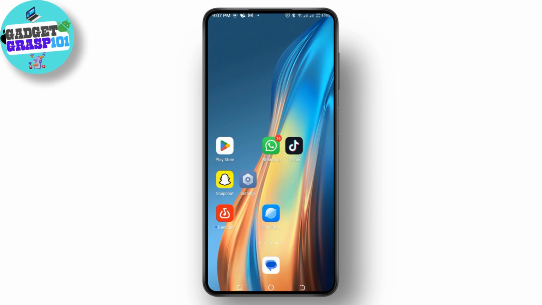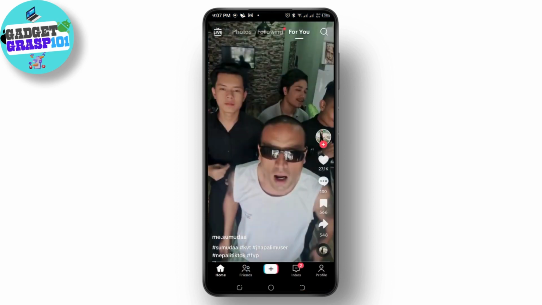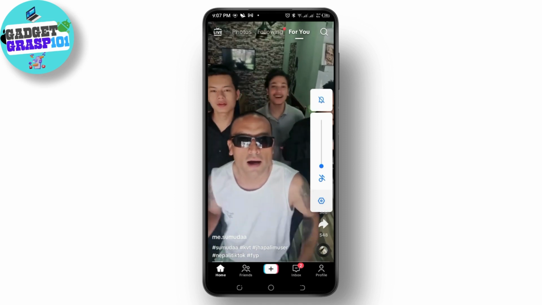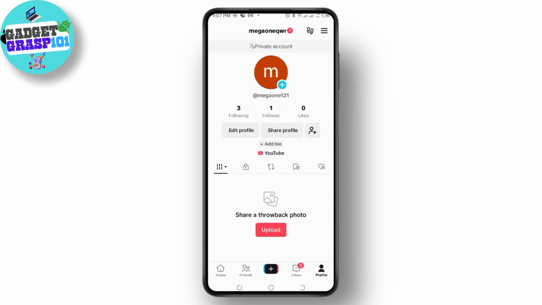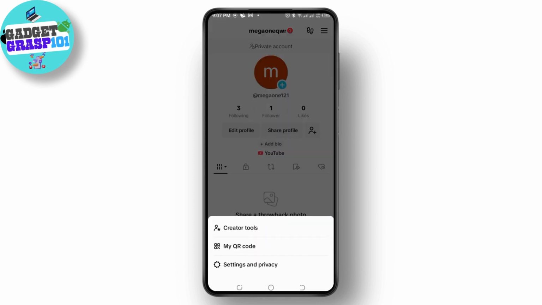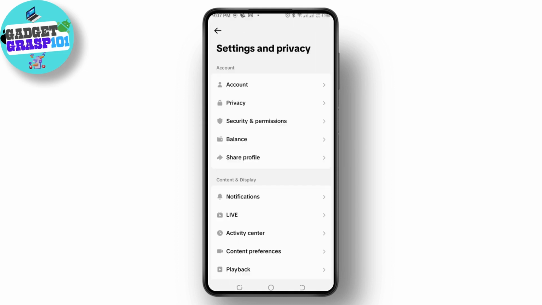You can also reset your password. Go to TikTok, and in the bottom right corner there's your profile icon. Select that, and when you reach your profile, on the top right corner we can see the 3-line icon. Select that as well and go to Settings and privacy at the bottom. Over here, select Account